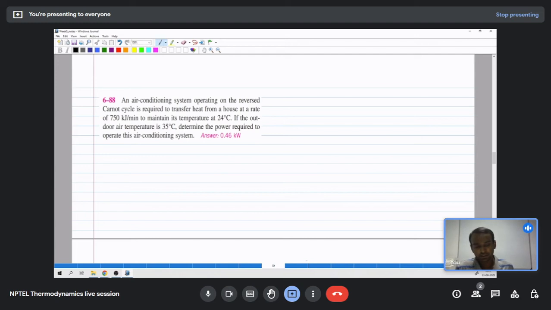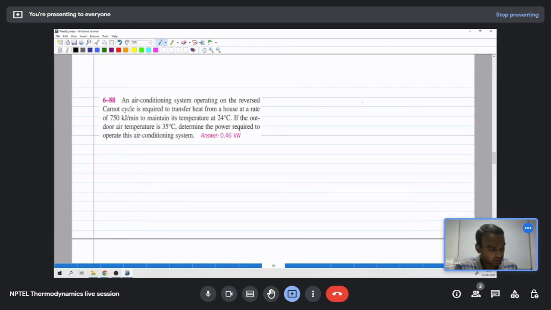we have an air conditioning system which operates on the reverse Carnot cycle and is required to transfer heat from a house at a rate of 750 kilojoule per minute and to maintain the temperature at 24 degrees Celsius. If the outdoor air temperature is 35 degrees Celsius, determine the power required to operate this air conditioning system. So